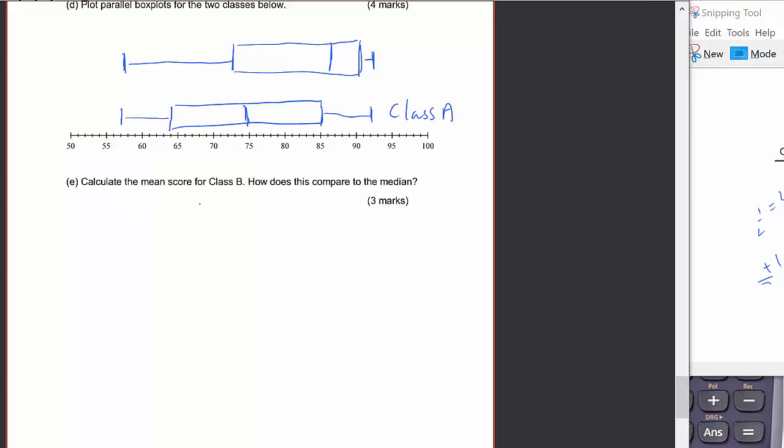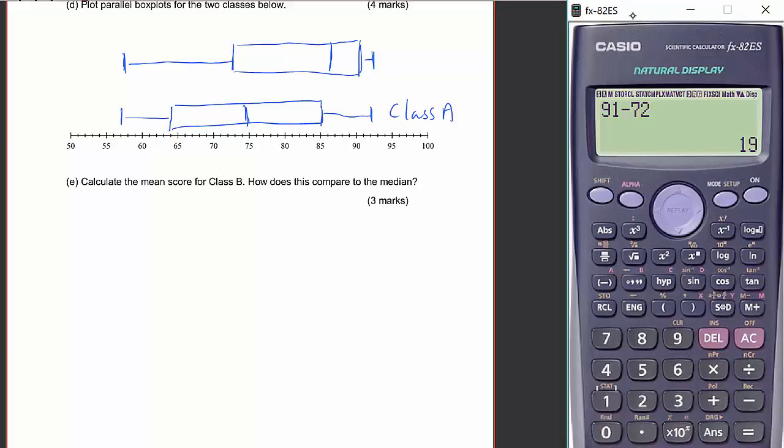We now want to calculate the mean score for class B. How does that compare to the median? So we just simply need to add all the data up. So what do we have? We've got a 57, and then a 63, and a 65, and a 72, and a 73, and a 78, and then an 84,